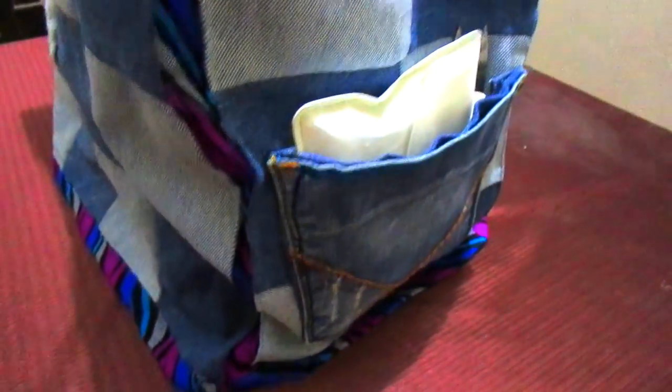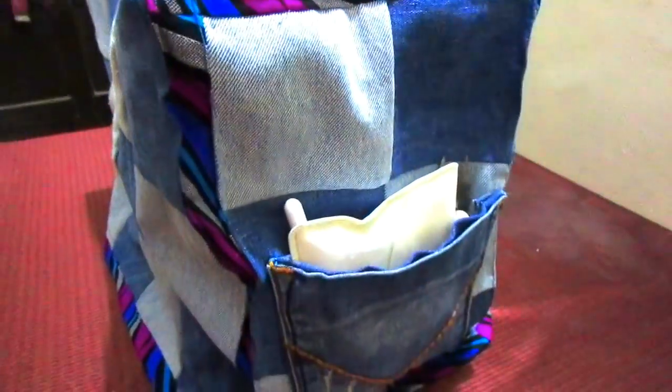So my sewing machine cover is ready now. You can put your sewing gadgets in the pockets, or if you have more accessories, then you can also make this kind of pocket in the front. So do make one for your sewing machine,